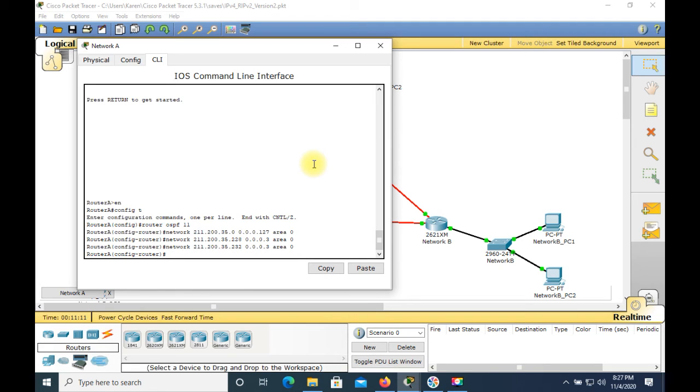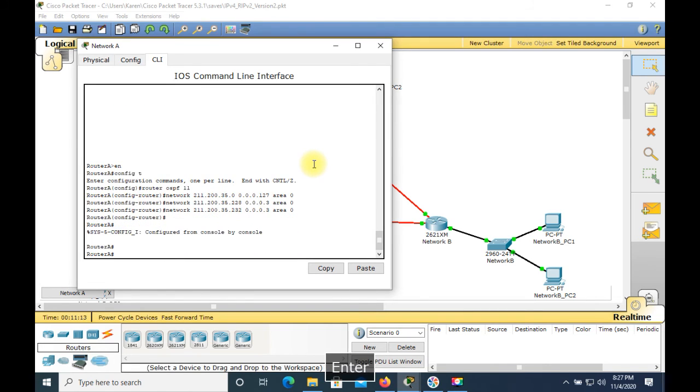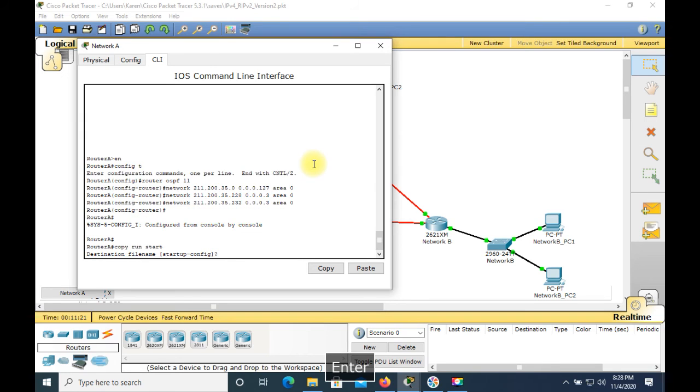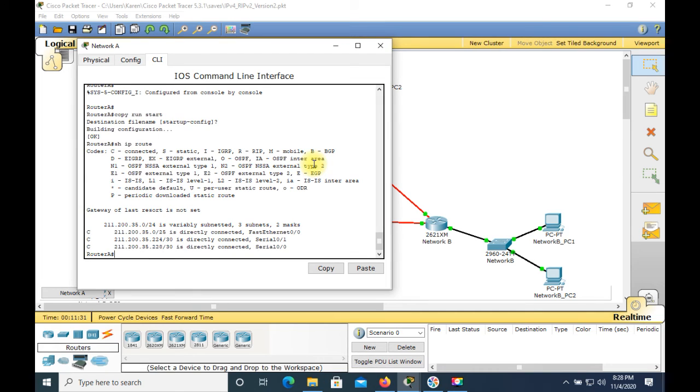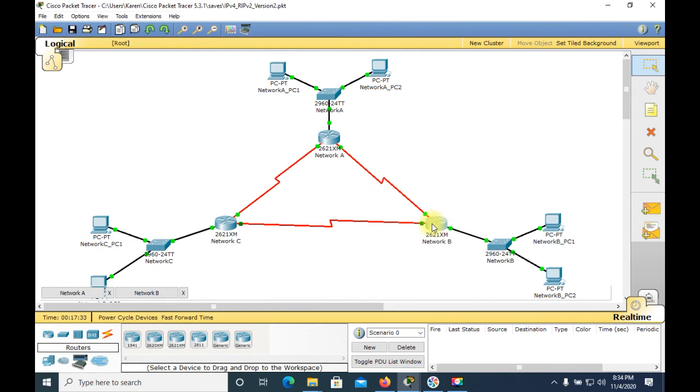Then we press Ctrl C. We make sure that the router does not forget this information by using the copy run start command, which makes this now permanent. And at this point, when I say show IP route, we will only see the directly connected networks to this router. And we go to router B,